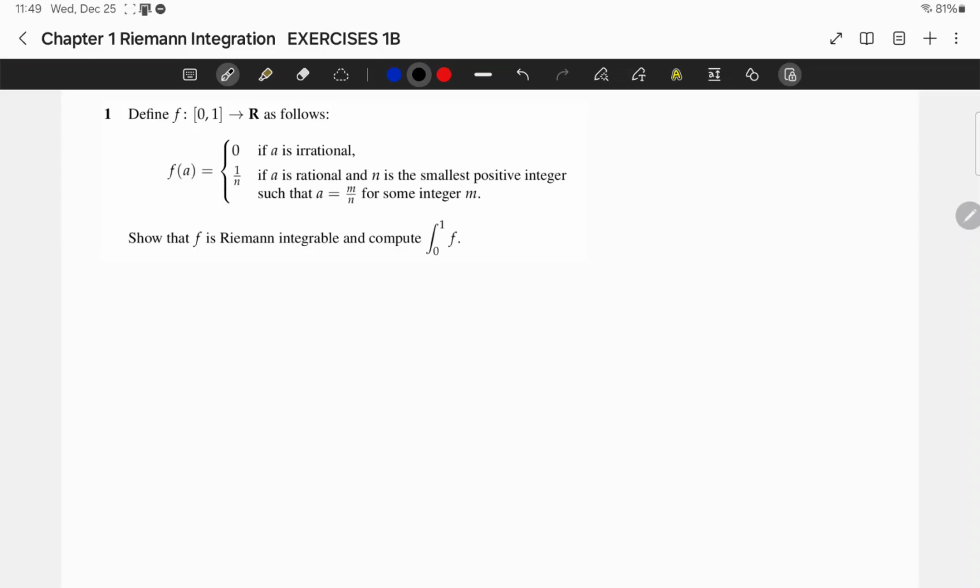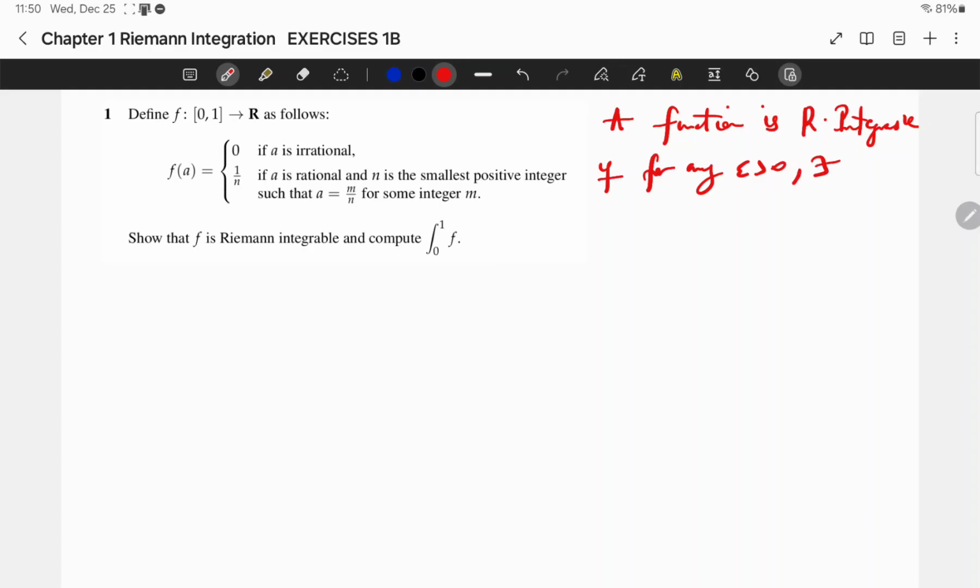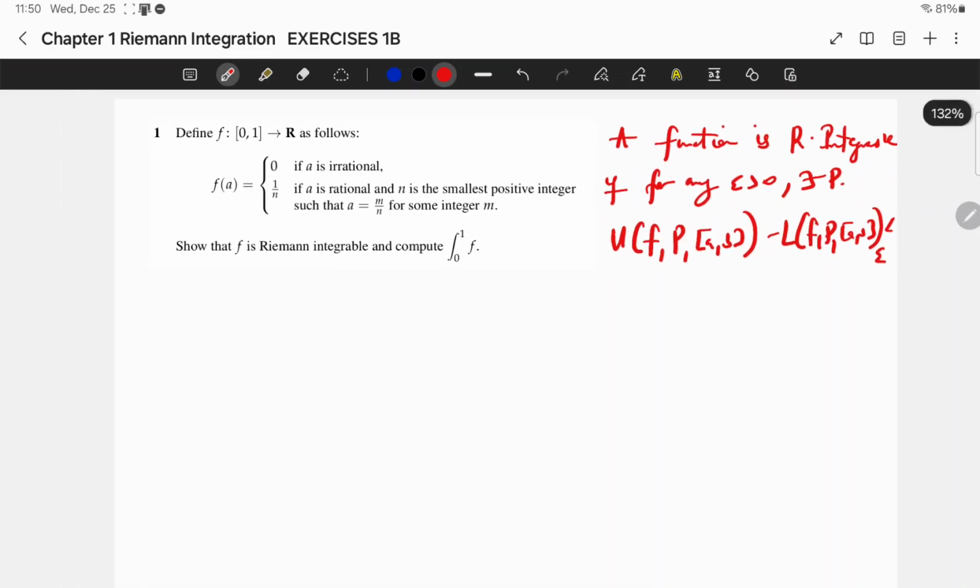Okay. So we know that a function is Riemann integrable if for any epsilon greater than 0, we can find a partition P such that the difference between the upper Riemann sum and the lower Riemann sum is less than epsilon, can be arbitrarily made small. Okay, so on that note,